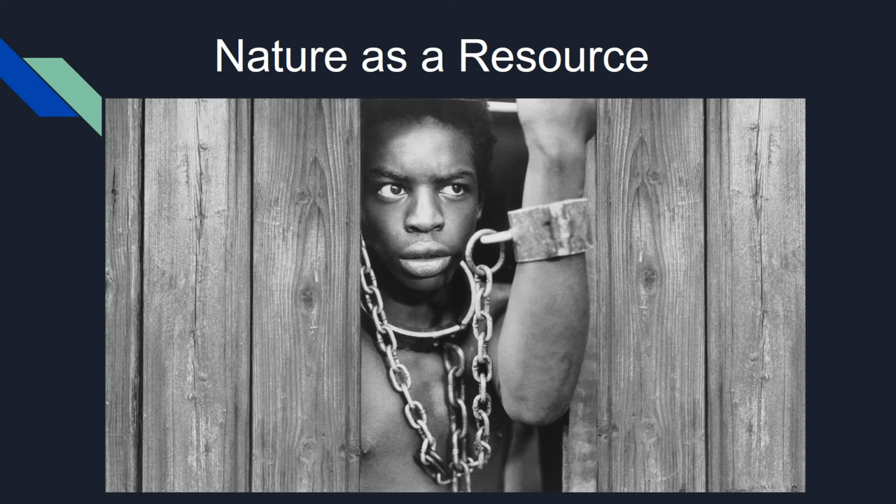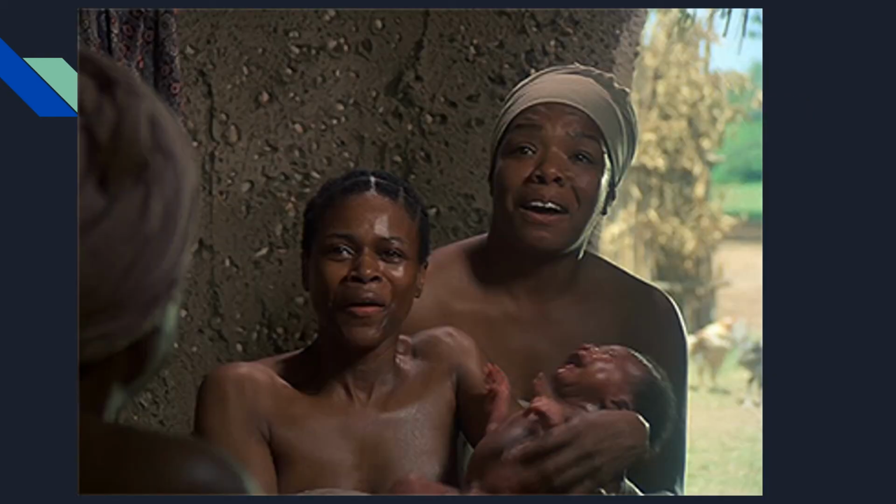He hid the rock in his pants and later sharpened it so he could break out of the chains on his legs. Even though this process did take him days to complete, he still managed to break the chains just using a rock. This is only one of the many great examples of African Americans using the nature around them as resources. When Kunta Kinte was back in